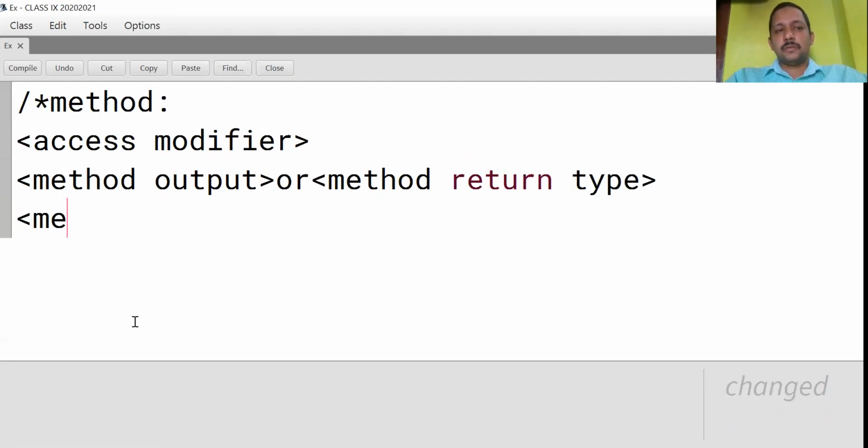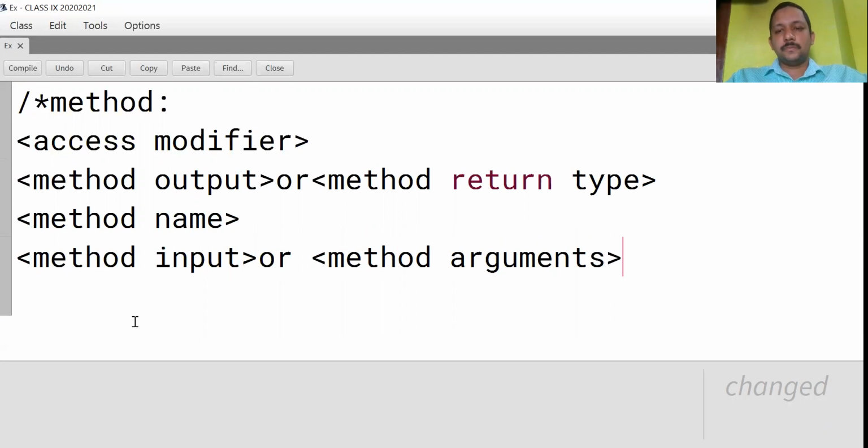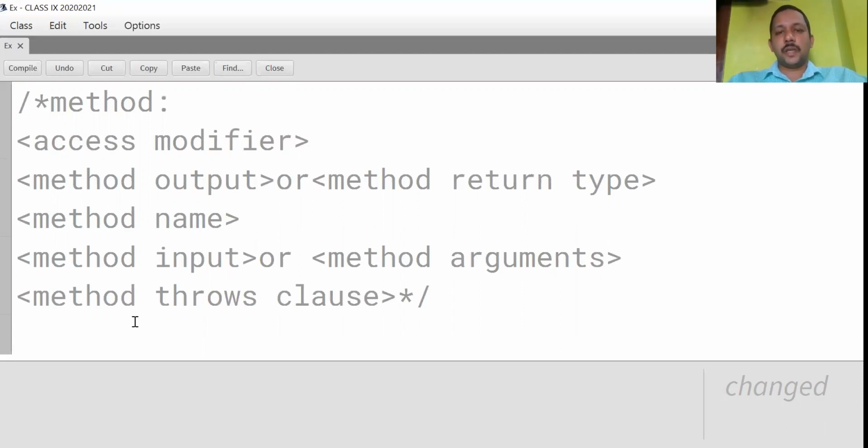The next one, method name, method input, or method arguments. Next, method throws class. This is the syntax of method.